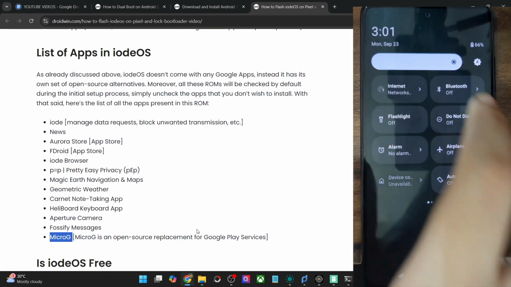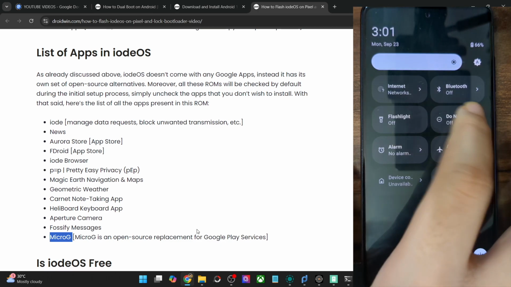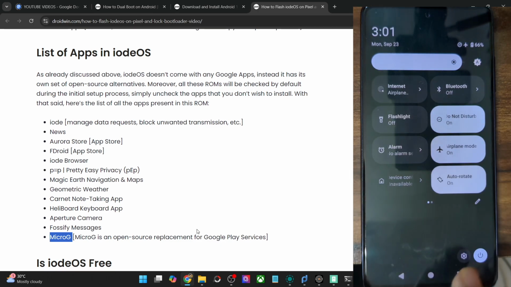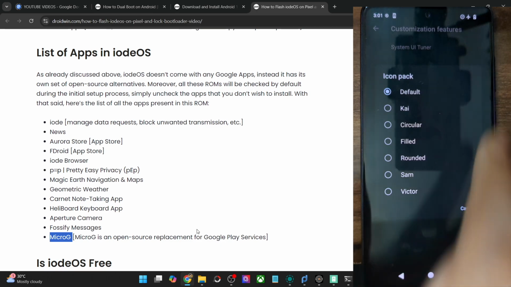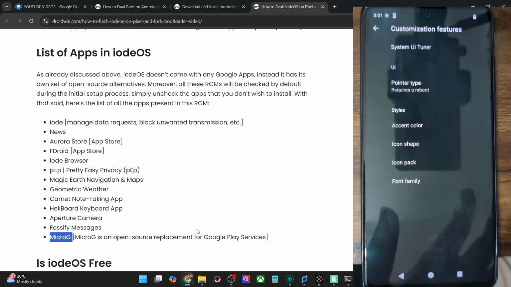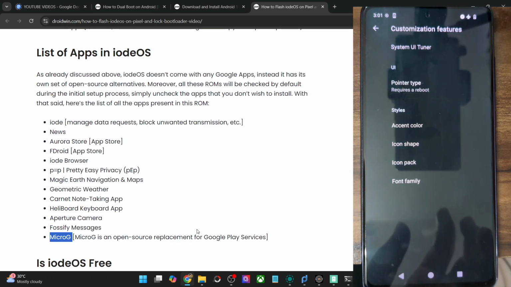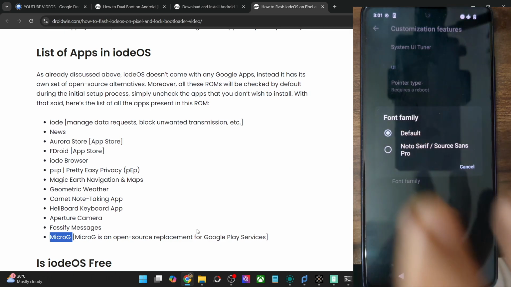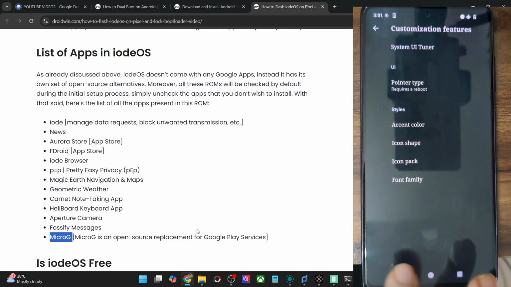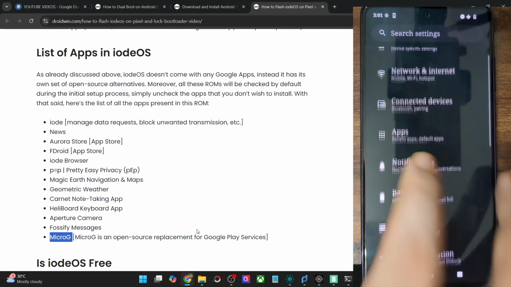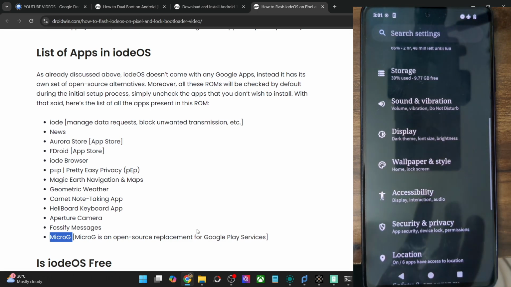Let me enable a few toggles first. Bluetooth, let me enable it, DND, aeroplane mode, auto rotate. And now you could keep track from the top left. If I choose circular, as you could see, the change has taken place. Likewise, this is for the Samsung. And we have the font family. There is one single font to choose from. And apart from that, it's the stock Pixel UI.